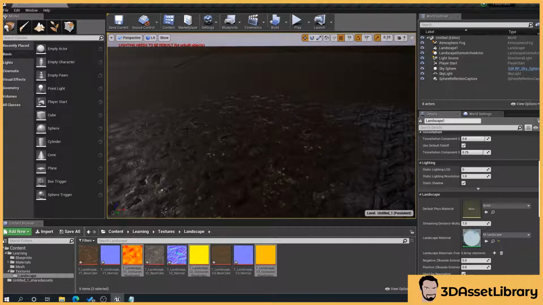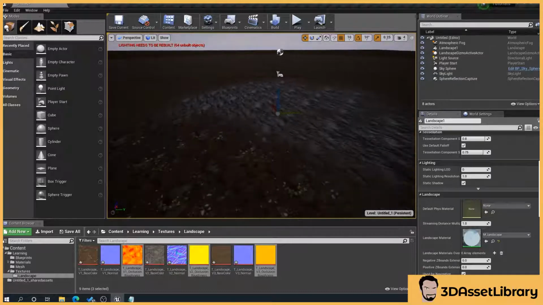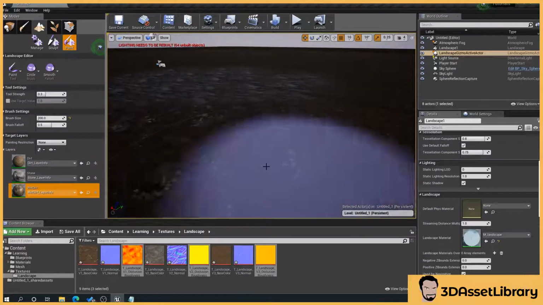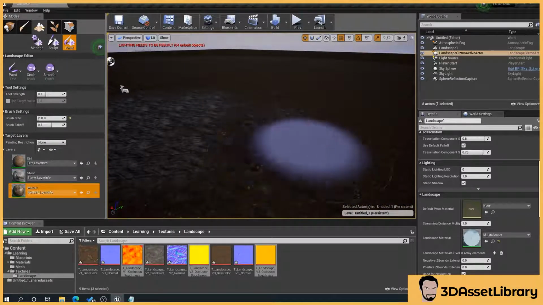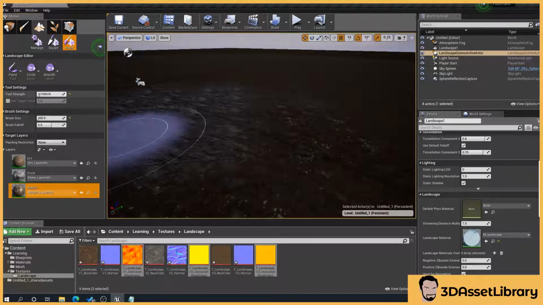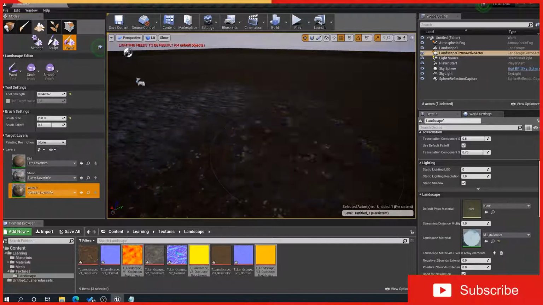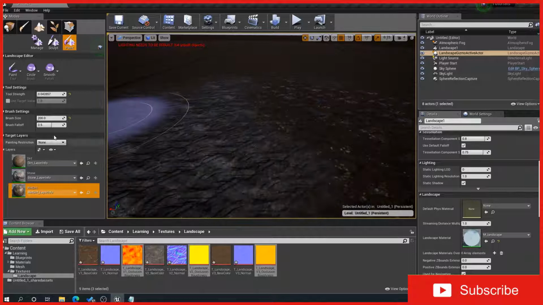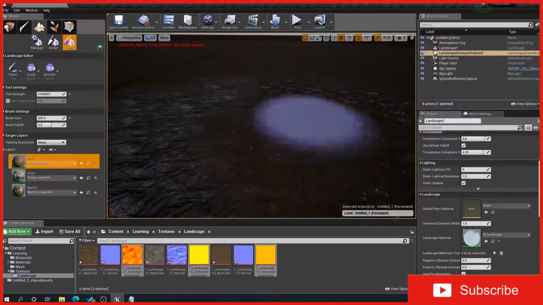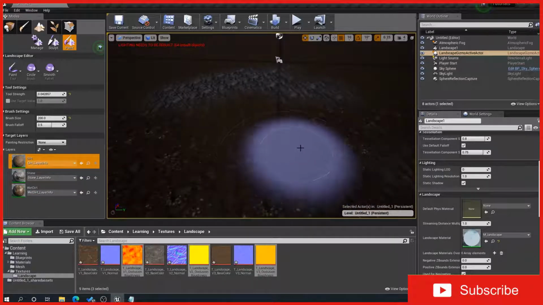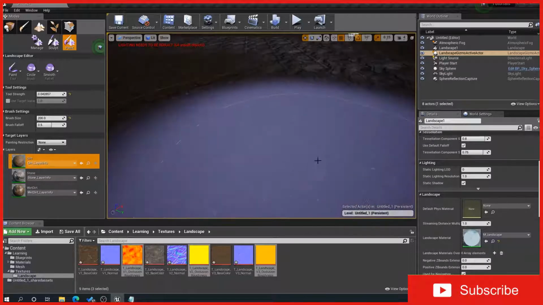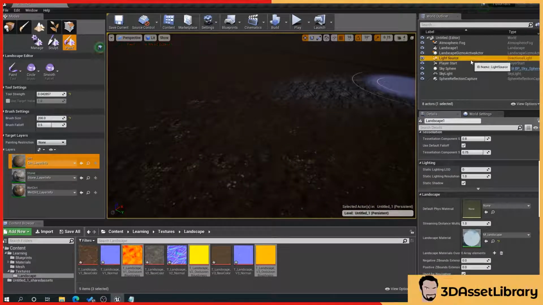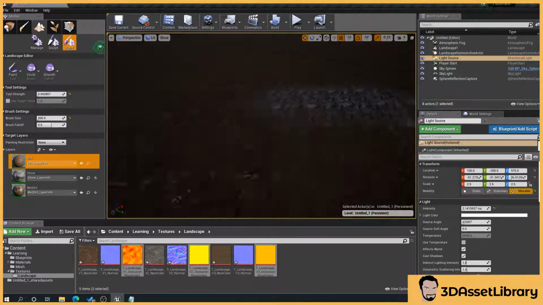You can do it automated, so that when you're creating cliffs, it'll automatically do it via height. I'll do that in another video, but I personally use this as I find you have a bit more control over it. But yeah, you can see there, so what we can do is we can say, well, we don't want it as strong when we're painting that, so we're still getting a bit of that cliff coming through there. And just jump between any of these, so you can very quickly get an idea of what can be done with this.